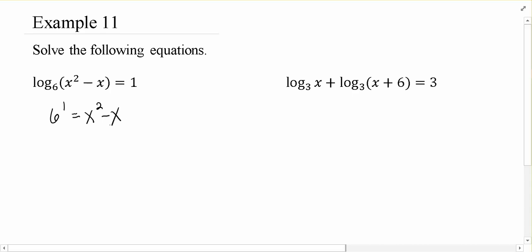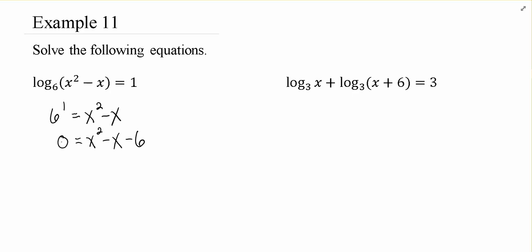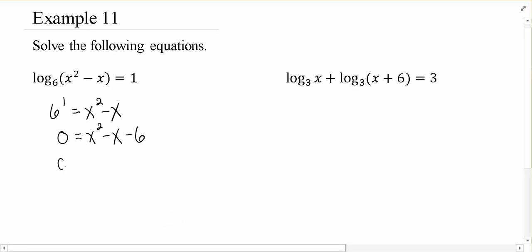Now to solve the resulting equation, we look at this and say, hey, this is quadratic, so let's move everything to one side so that the other side is 0. Then to solve a quadratic equation, we try to factor. If it's not factorable, we use the quadratic formula. Now this one actually is factorable, so we're going to factor it as x minus 3 and x plus 2,